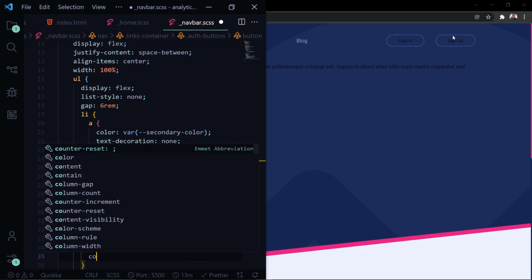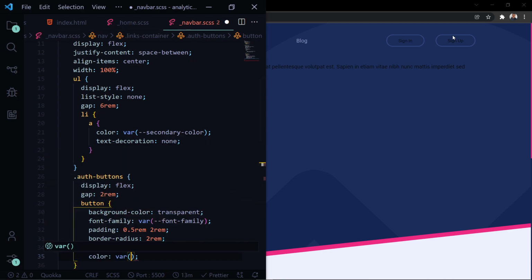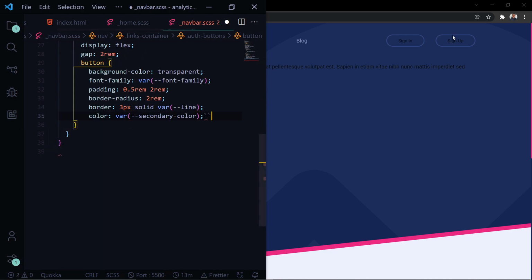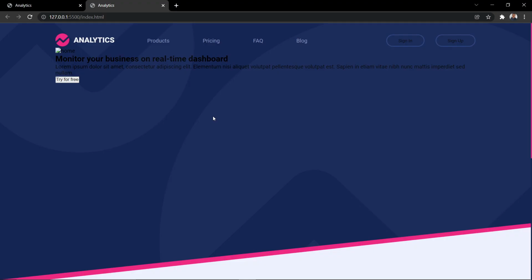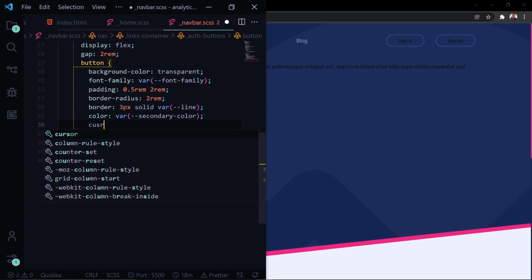Now let's have the color. Color would be var secondary color. So now after this we will have cursor pointer,